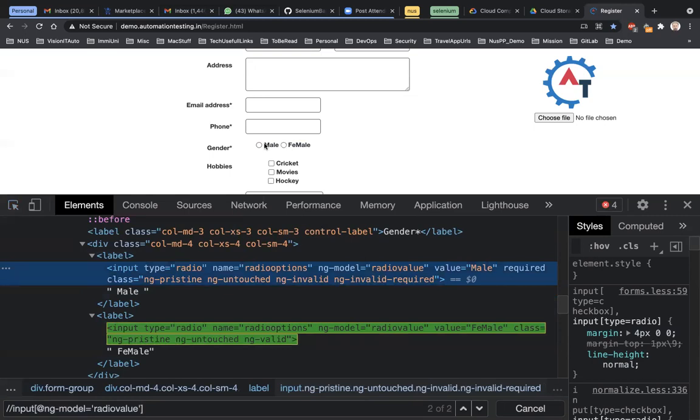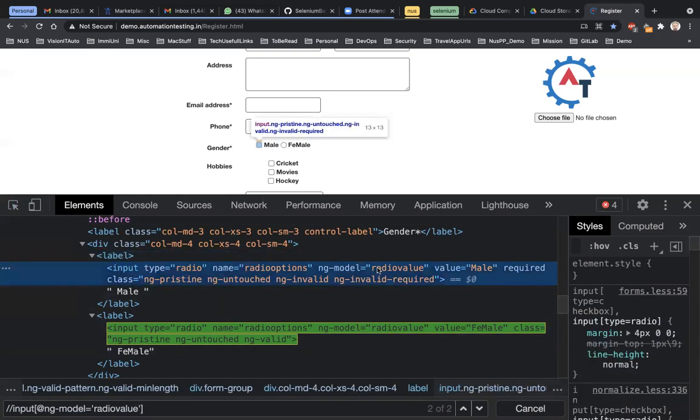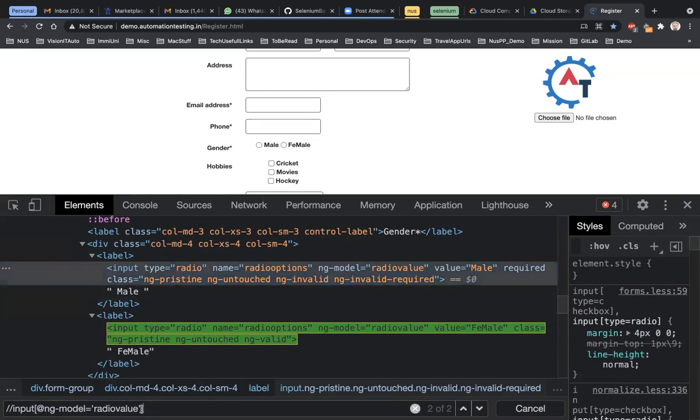So what I'll do, I can make use of two properties here. If I go here and say ng model as radio value and value is male, right? So I can make use of these two attributes and their values. How? Simply by using the logical operator AND.